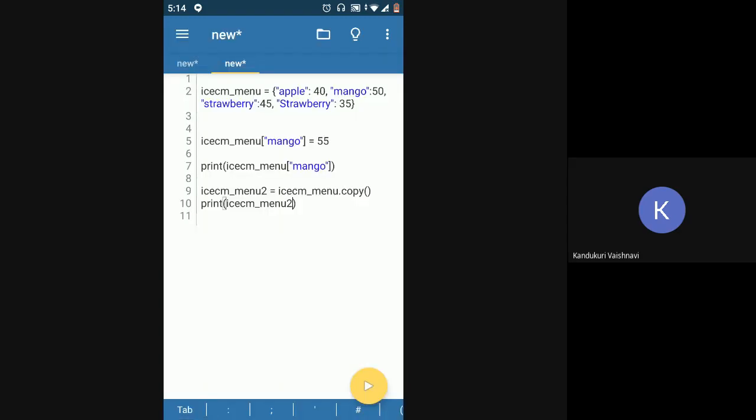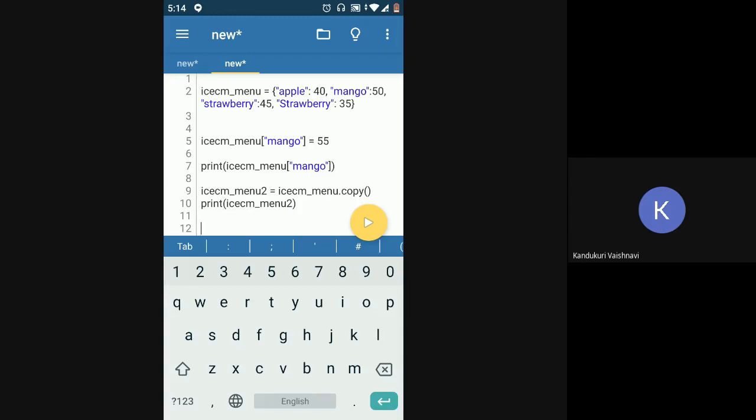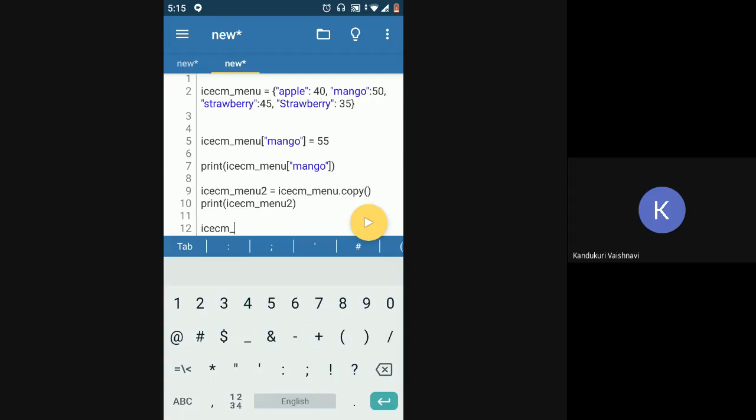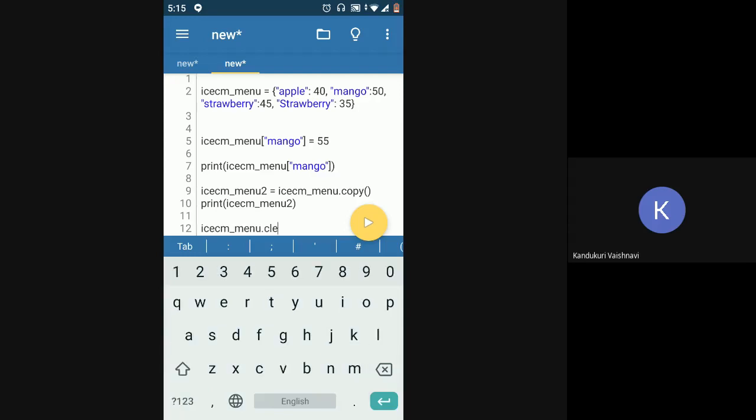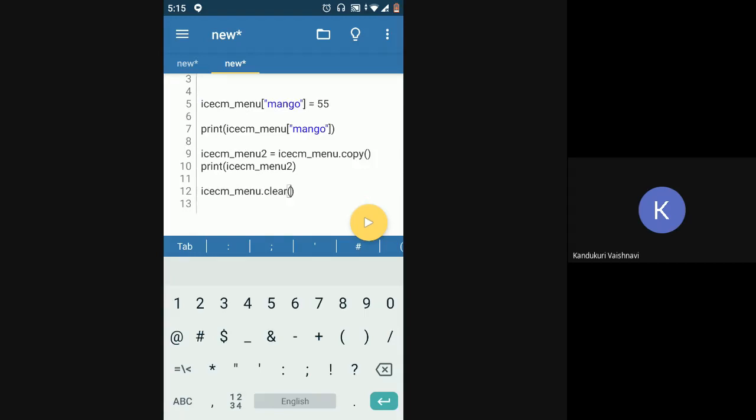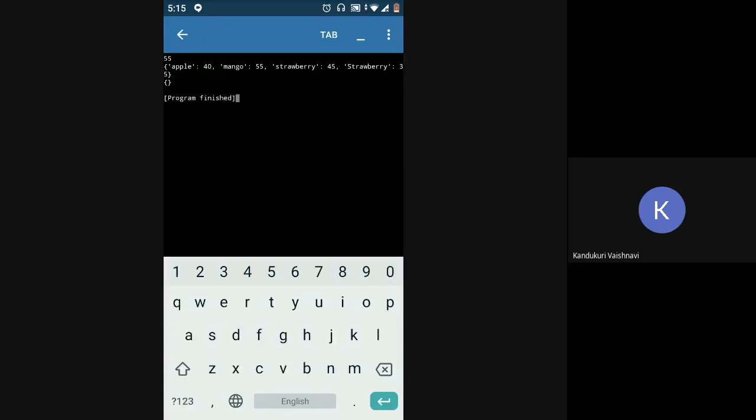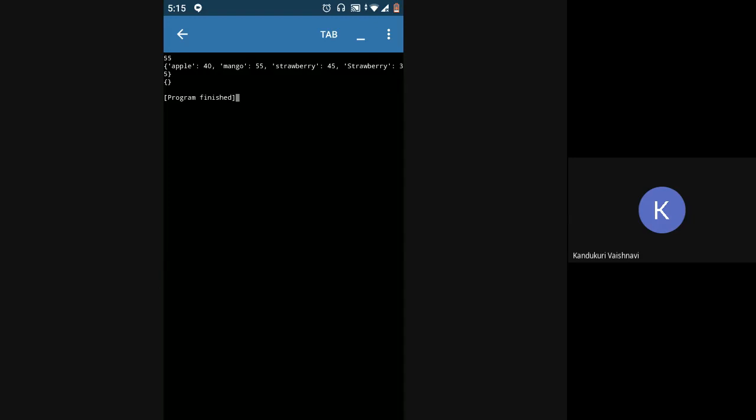So if you want to delete all the elements, like clear the dictionary basically. You don't want to delete the dictionary, but you want to clear all the elements of that dictionary. Then in that case, you can use dot clear. And now if I print this ice cream flavor dictionary, it will just be clear. It won't have anything. So in the third line, you just have an open and close curly brace. That is because the dictionary is clear. All the elements of the dictionary have been deleted.